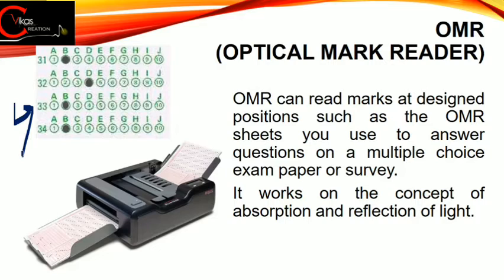Fine. And in this OMR sheet we have to fill the correct circle of the correct option by using either a pencil or a black pen. Fine. So generally when we do so, we select our correct answer by filling that particular circle. Now for reading these OMR sheets, a special device is used, and that special device is termed as optical mark reader or OMR reader. Fine. In this OMR reader we have to insert our answer sheet from one side, and it will simply scan the answer sheet and return it from the other side.